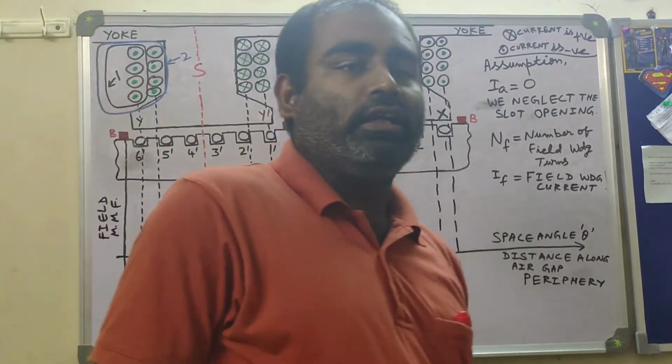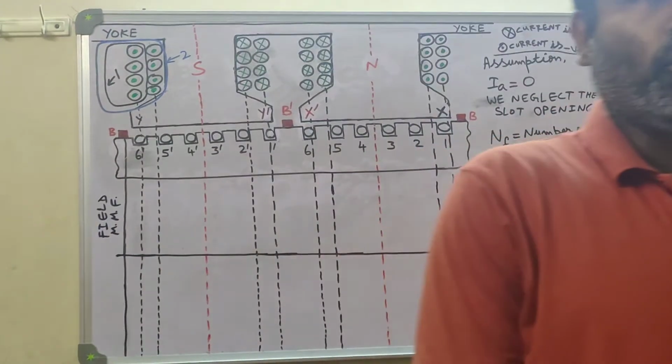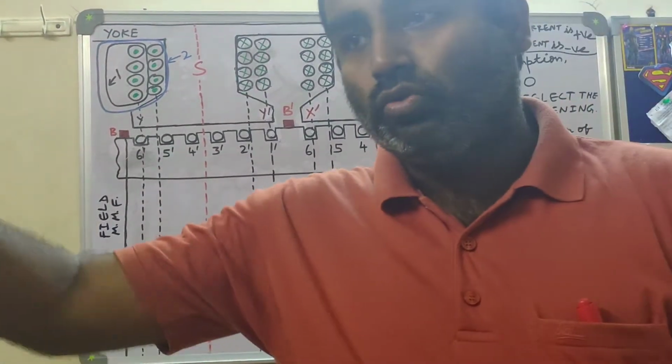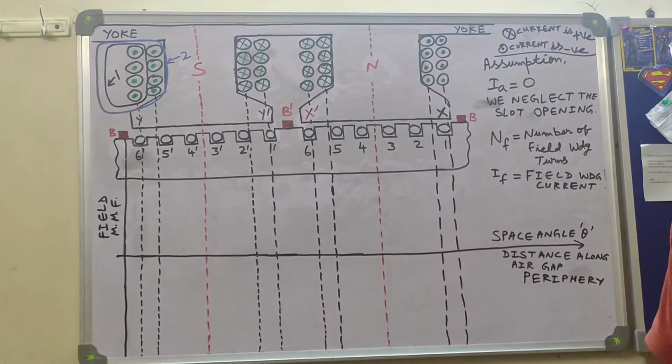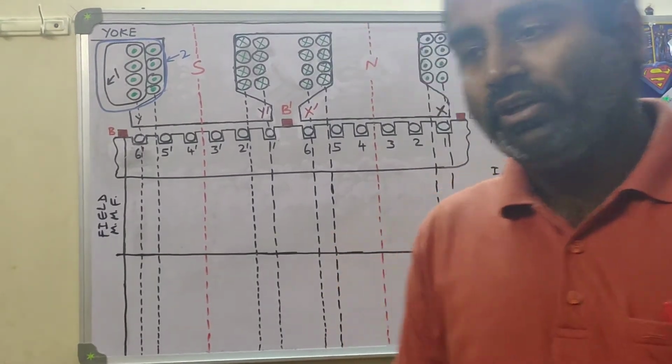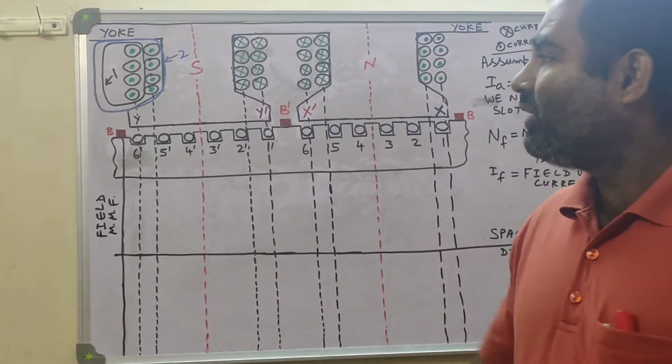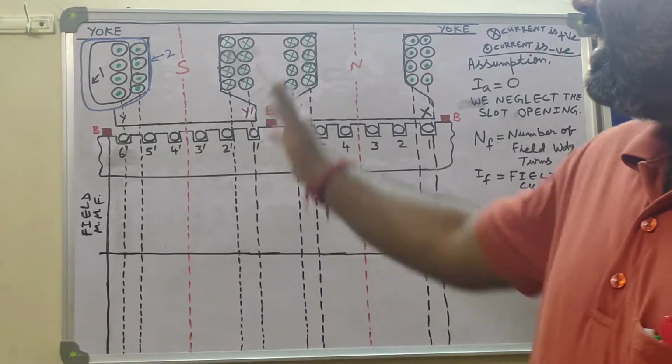In my diagram I have shown there are two layers. It need not be two layers. In an actual or practical machine you may find that there are more than two layers, or 5 to 6 layers may be there. It depends on the design of the field pole, how many layers will be there, but here I have indicated that I have two layers.